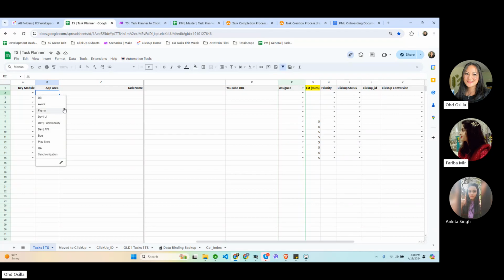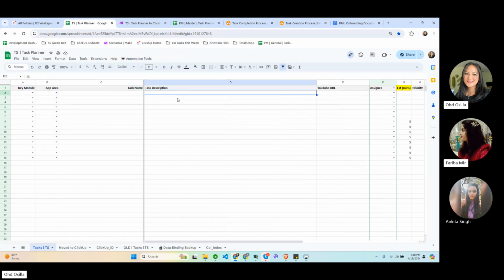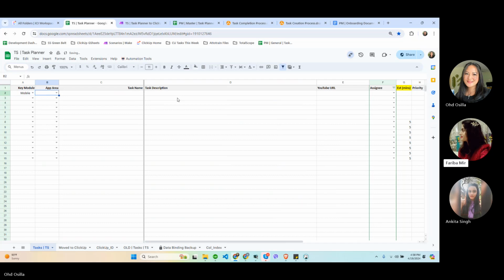The app area would be the same for all projects, so it's either DB, Axure, or Dev. And then here we have a task title or task name, the description, and the YouTube link. So let me just try a sample Dev UI.